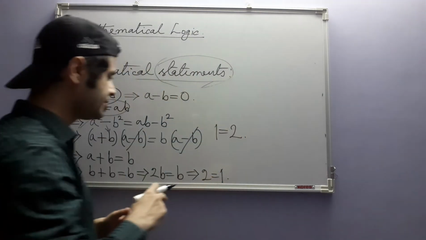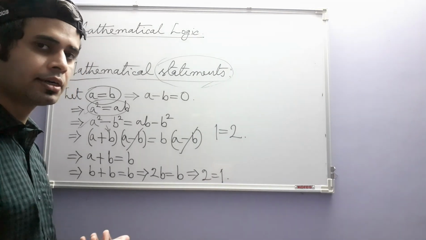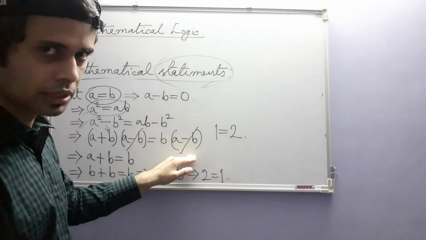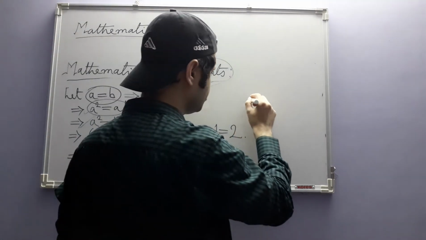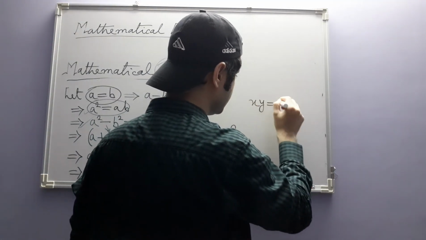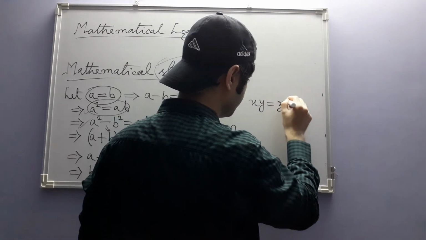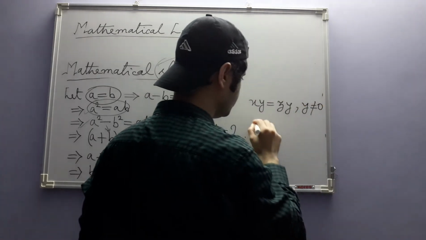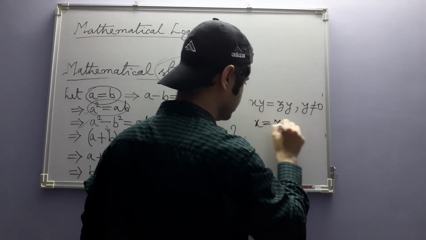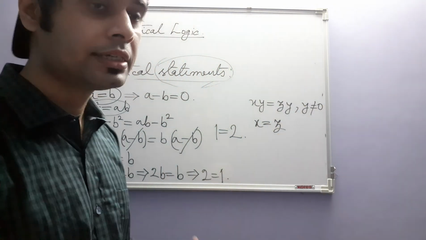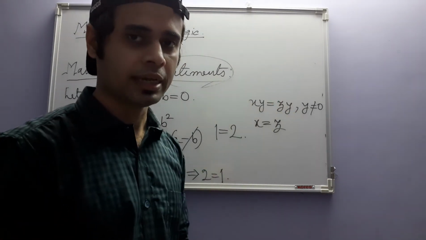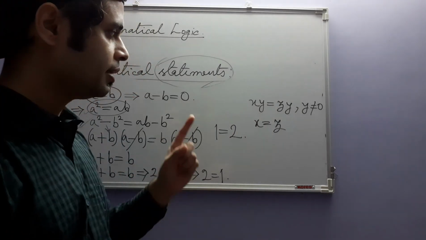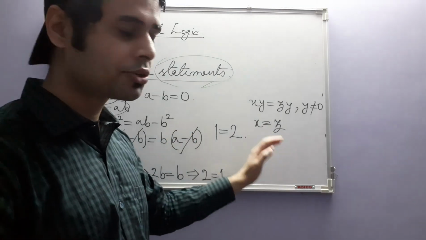It is a way of memorizing the final conclusion when we have similar terms on both sides of an equation. For example, if you have xy is equal to zy, and you know that y is not equal to 0, you write x is equal to z. But why? What is the reason that y can be cancelled from both sides? That has to be in your mind. If you have just simply memorized the